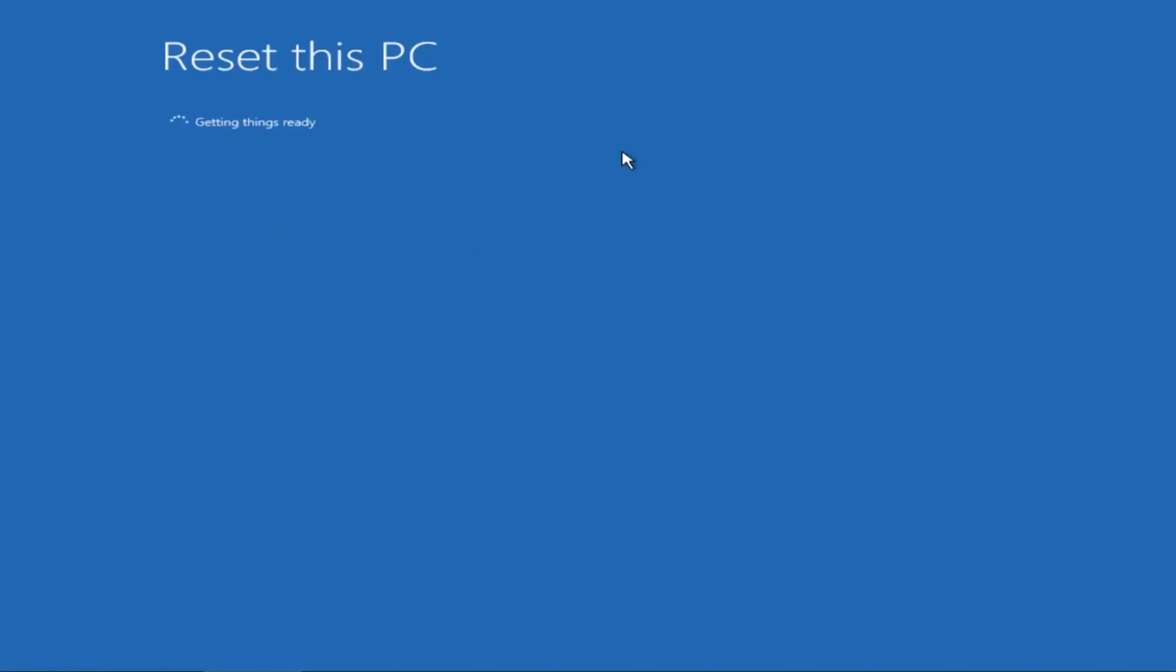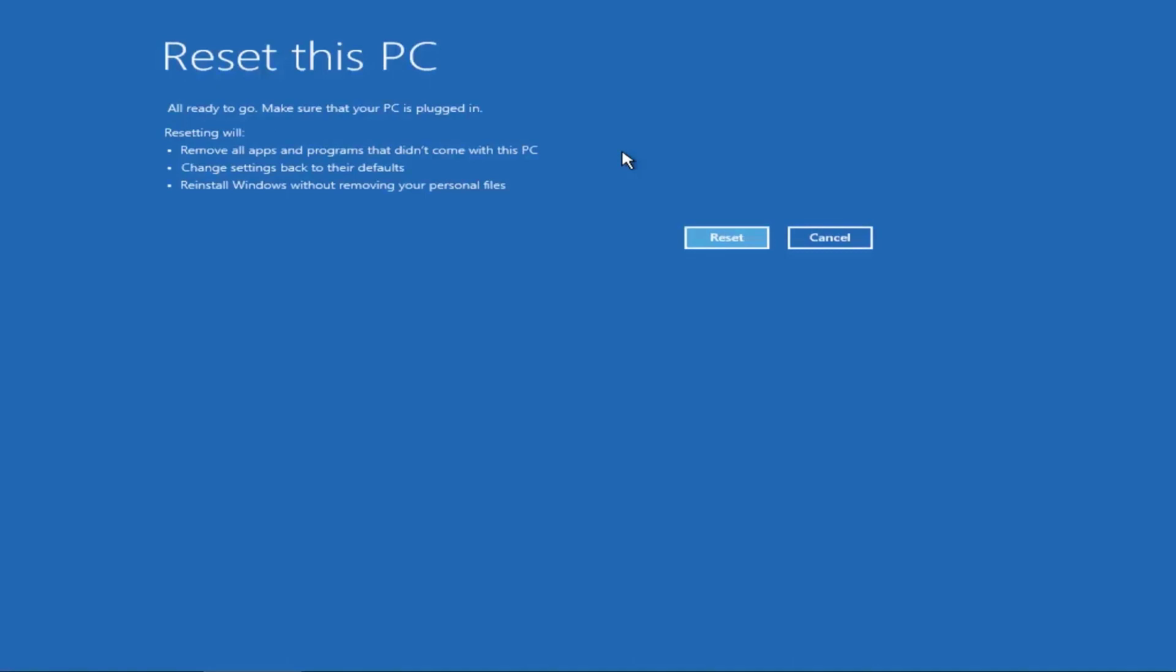It's showing me reset this PC, getting things ready. It can take 30 minutes to 52 minutes if you have a lot of data on your PC. We have helped a lot of users to reset their PC on chat, so it takes around 30 to 52 minutes, sometimes more than that. So it depends on your PC. If you have a lot of applications, a lot of data and all that on your PC, then it's going to take some time. Click on reset